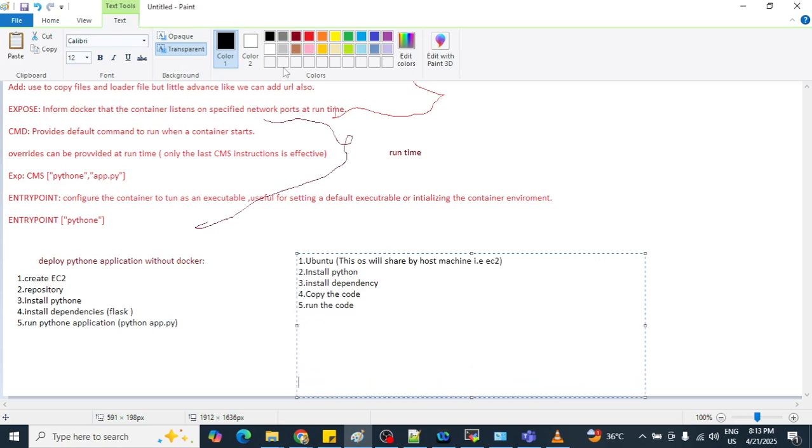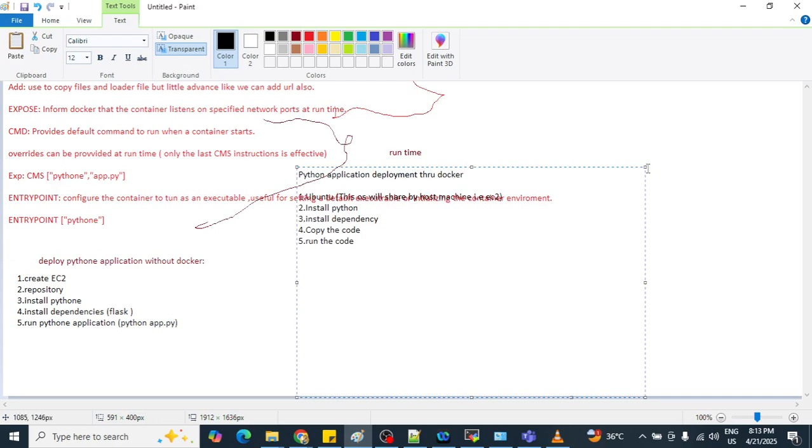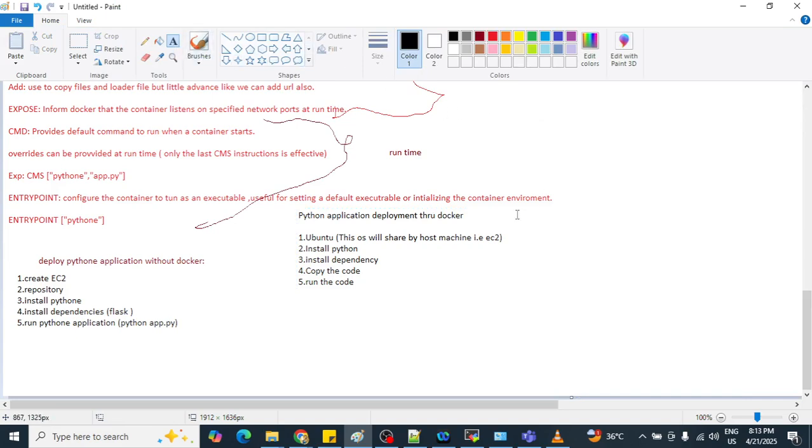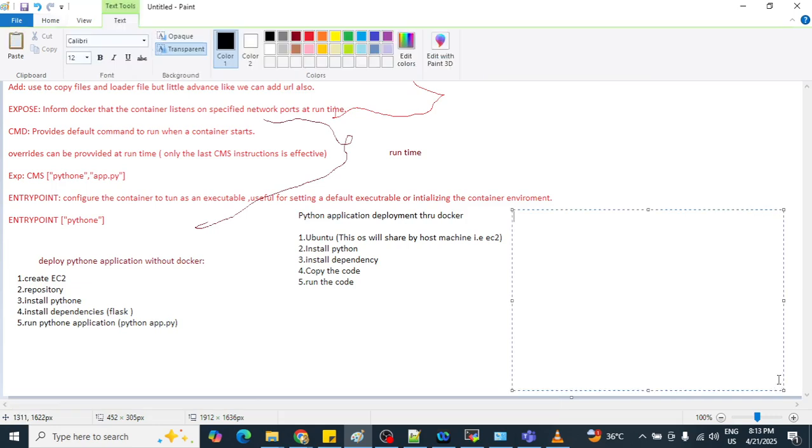So how are we going to give these instructions in our Dockerfile? Let's see. Let me write it here. In the first step you require an operating system, so you will write FROM Ubuntu, and you need to give some version also.